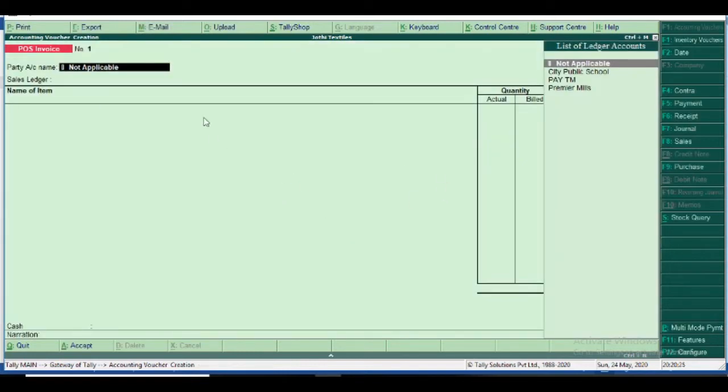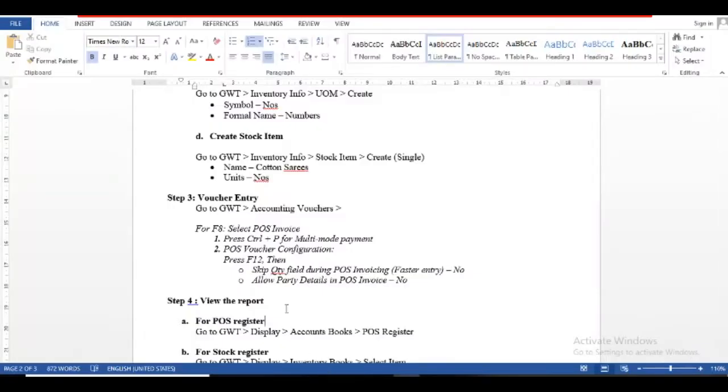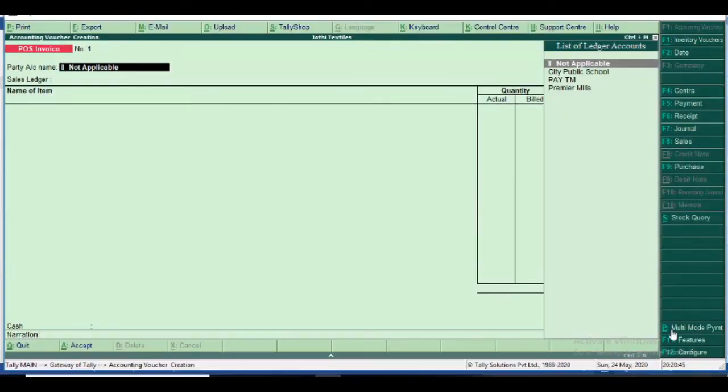I select POS invoice. Yes, POS invoice is a voucher. Totally it is changed. Here the Control plus P is for multi-payment mode, and some configurations. First we discuss Control plus P. The Control plus P is for multi-payment mode.